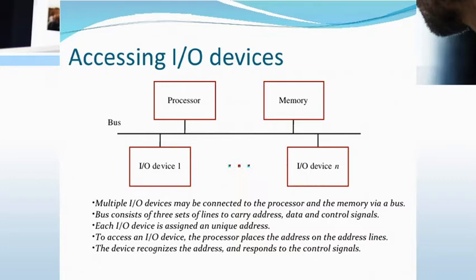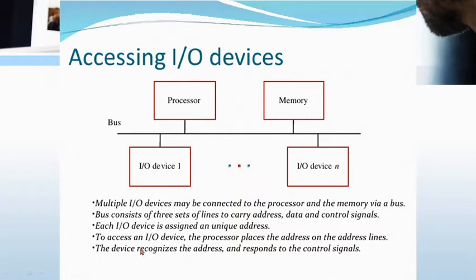For example, as a user I can do either a read or write operation. Read means I already have a file, so I open the a.txt file. Or else I start a new file called b.txt and do the write operation, say writing Postbox CS welcome and so on. So control lines are very important to monitor and detect whether the user wants to do a read or write operation.